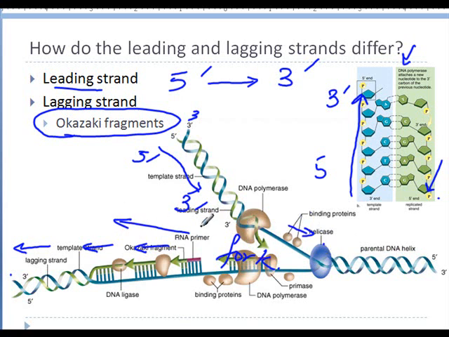So the leading strand is opening in one continuous direction. The lagging strand is going to be discontinuous, and it will result in these fragments. And later on, the enzyme, which is the ligase, is also going to come and link all these fragments together to give you a long nucleotide chain. I hope this sort of makes sense. We will watch this as the animation again, and hopefully you will have a better understanding in depth of the